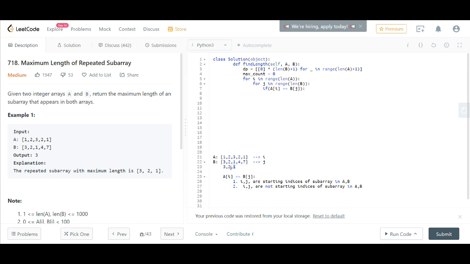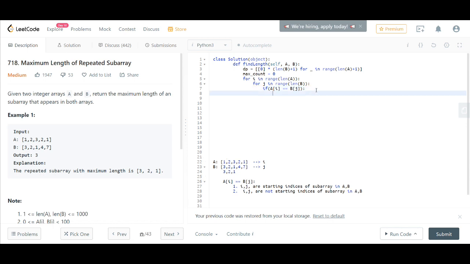If we add these two things, we'll get the resultant length, right? That makes sense, right? The length of 3, 2 will be 2, and generally we'll be incrementing it by 1, so it will sum up to 3. That will be the updated answer.